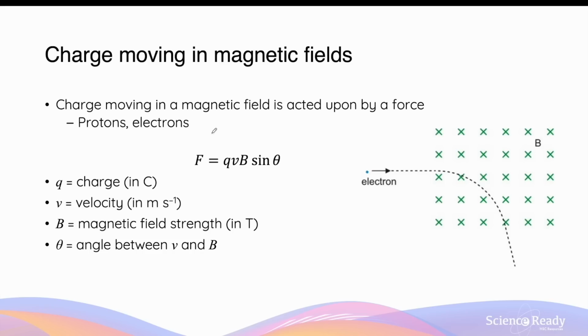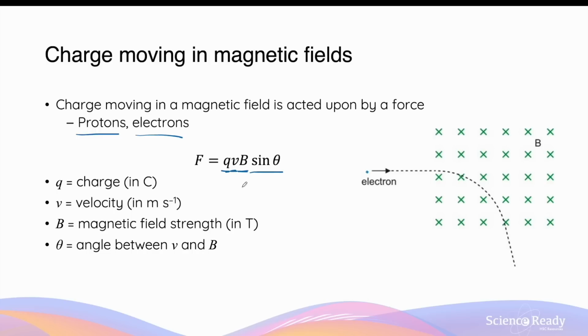We'll begin by discussing the force that acts on charges when they move in magnetic fields. Specifically, when we talk about charges, we refer to any particles with positive or negative charges, such as protons, which are positively charged, and electrons, which are negatively charged. Whenever these charged particles move with a certain velocity inside a magnetic field, they are acted upon by a force. And the equation to determine the nature and the magnitude of this force is equal to